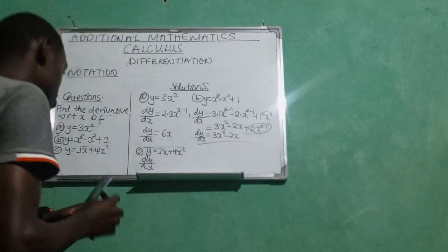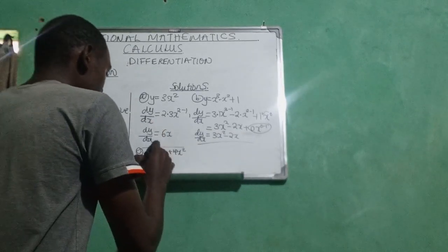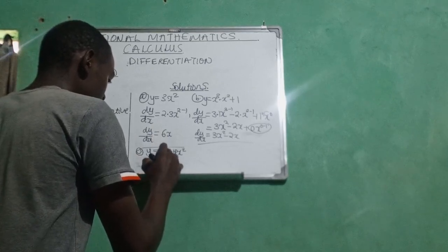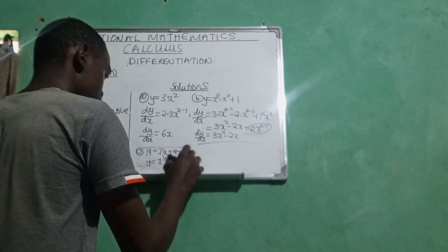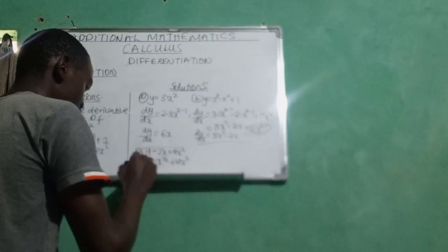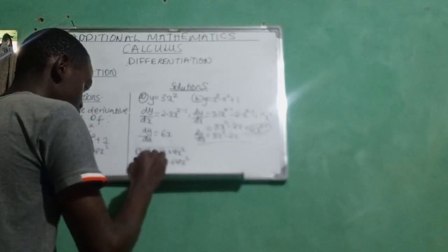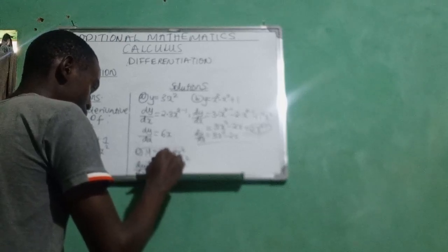So before we even find the derivative, let's write it in this form, just for people to understand: x to the power half plus 4x squared. Then if we find dy dx, therefore dy dx would be equal to 1/2 x to the power half minus 1,